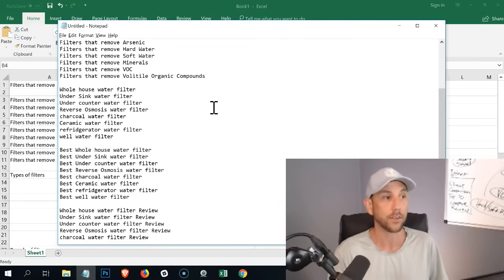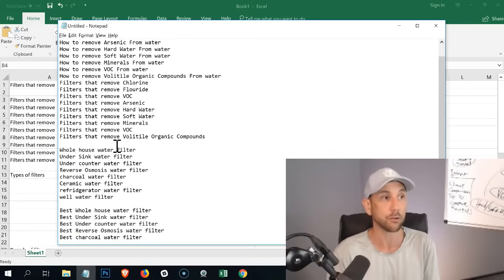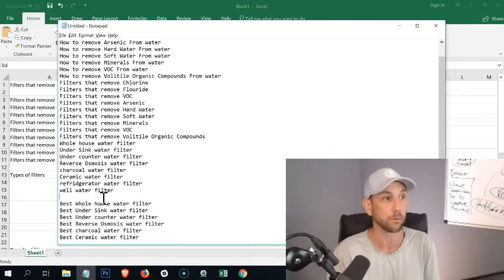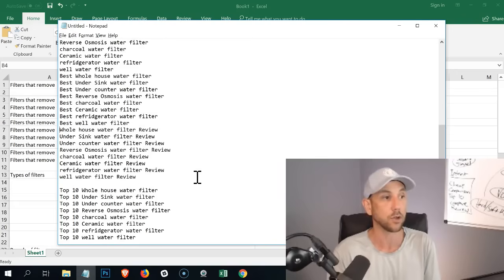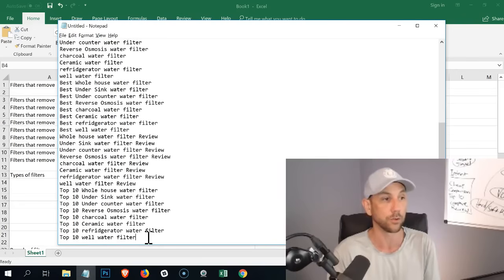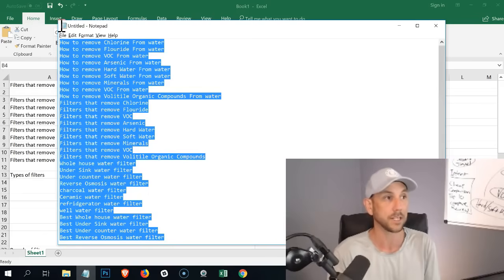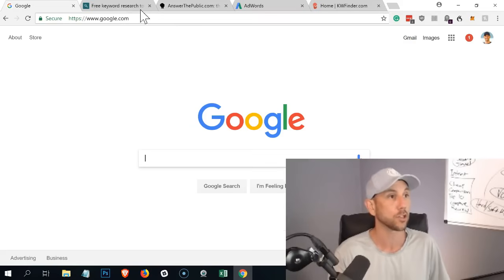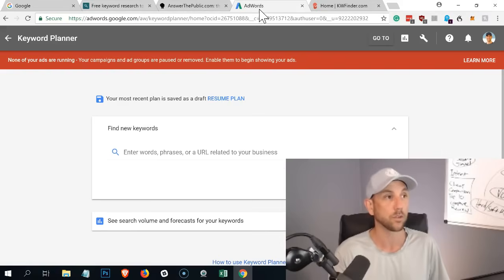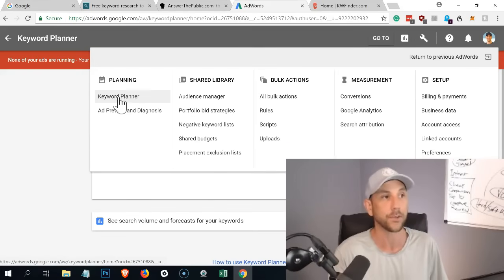Now I've got this list and I don't know if people actually search all of these. So what I'm going to do is remove all the spaces and show you how you can run it through a free Google tool to see which ones actually get search volume. So we copy the whole list and then we go over to the Google AdWords Keyword Planner. I get here by searching for Keyword Planner. If you're in your AdWords account, you can click on the little wrench and it's the Keyword Planner.